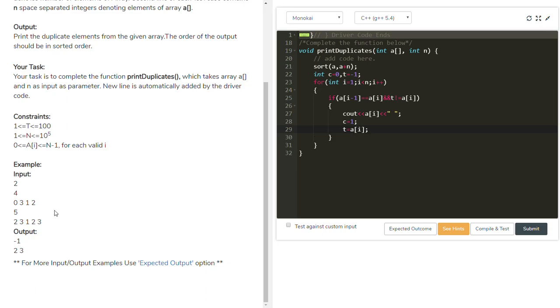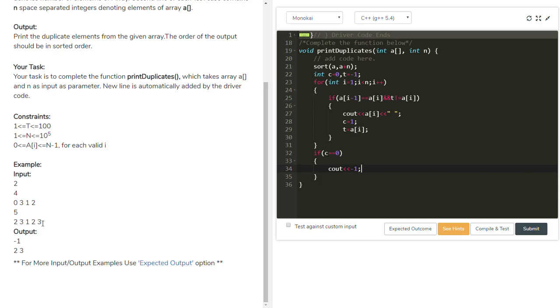After the loop, if c equal to 0, meaning no duplicate elements exist, just print minus 1.